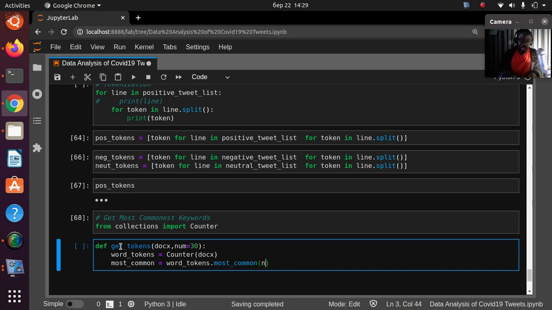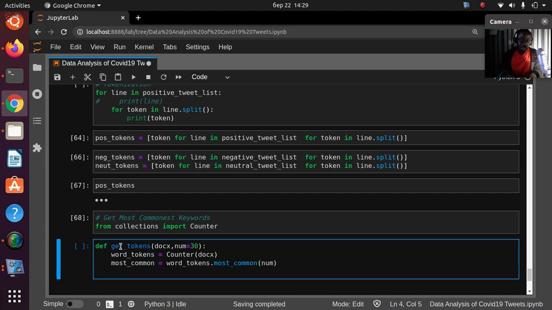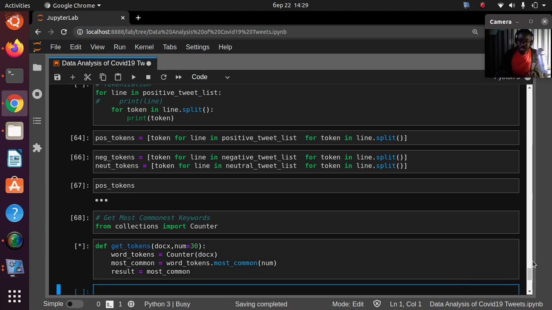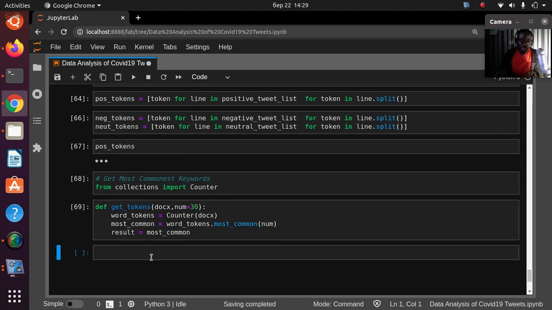Now pass in the number there, right? And now we just return the result as a dictionary. So let's go to result as a dictionary, which is going to be most common. This is always going to come as a dictionary, right? So let's check it out. So go back again and let's pass in our stuff. So get tokens